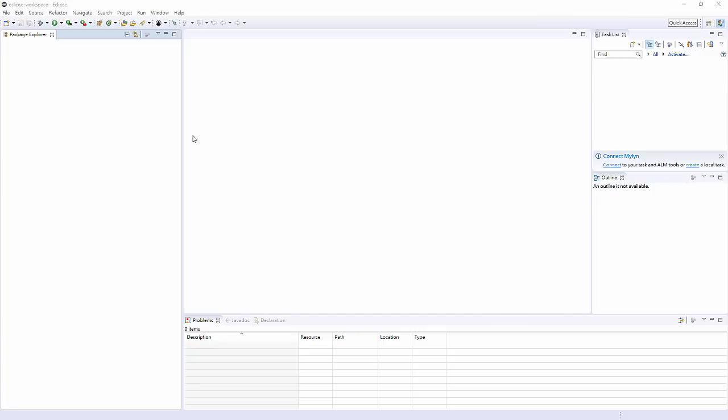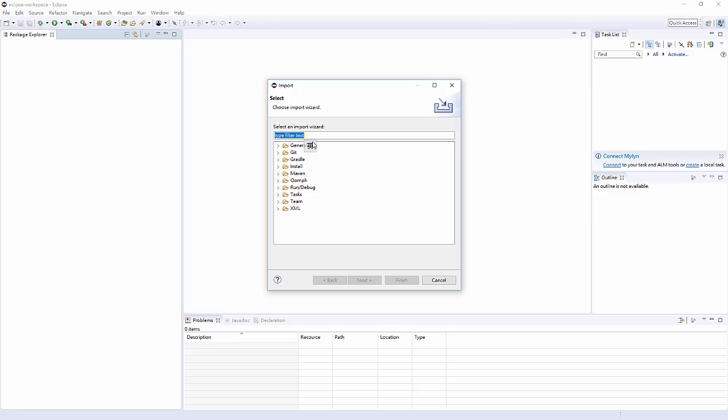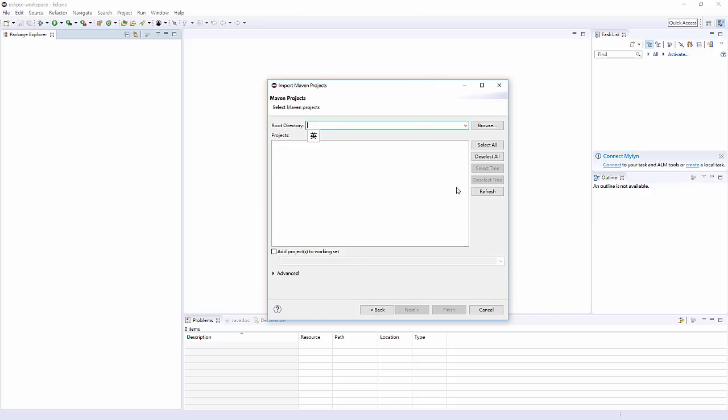Okay. So this is Eclipse. I think some of you might know, some of you don't, but you just follow my steps. Right click here, import. I want a Maven project. Do you recall that we installed something called Maven? Maven is a plugin, a framework, something like that. Our project is actually a Maven project, so we need to import an existing Maven project.